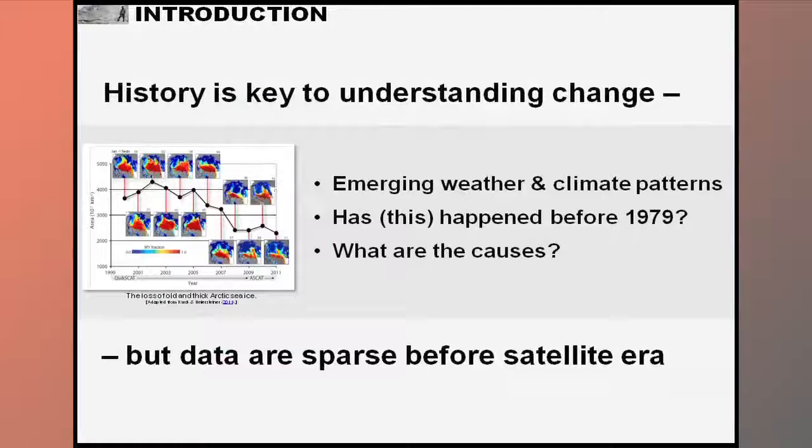History is the key to understanding change. But in the Arctic especially, and around the world, the data are sparse before the satellite era. So we need to try and figure out what emerging weather and climate patterns mean in the longer term